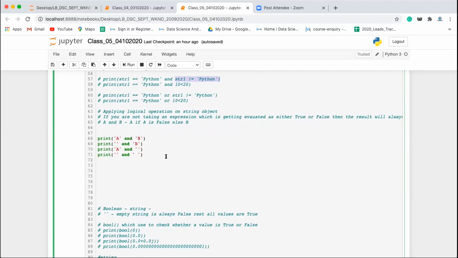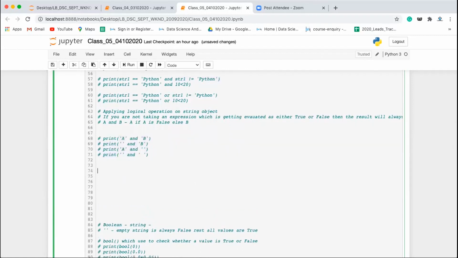Okay. Now let's come to the same type of example with the OR operator also. You guys tell me the output. I hope you have understood it. So I will just write the rule here. If you write, let's say, A or B, the result will be A if A is true, else B. So tell me, now if I'm writing the same thing,